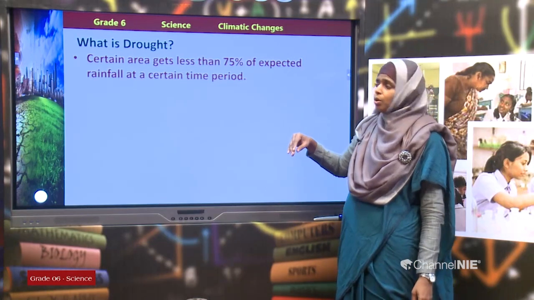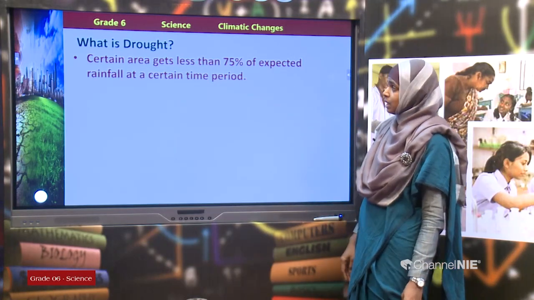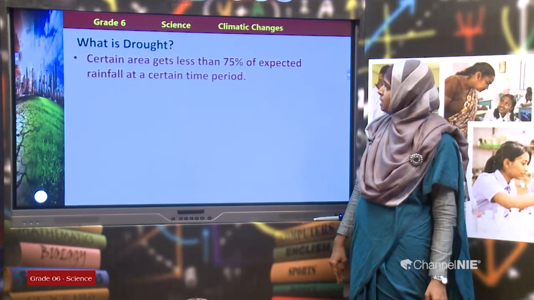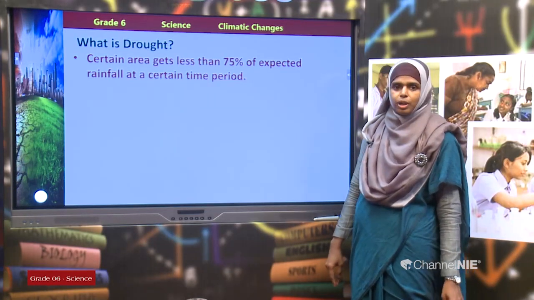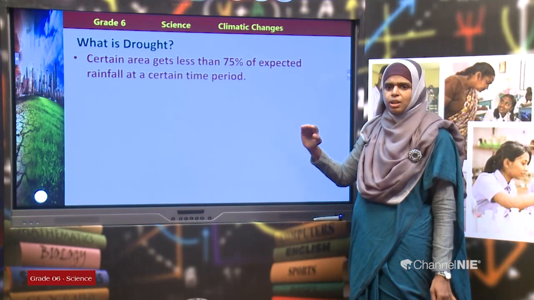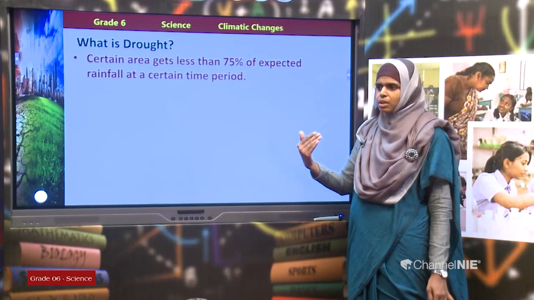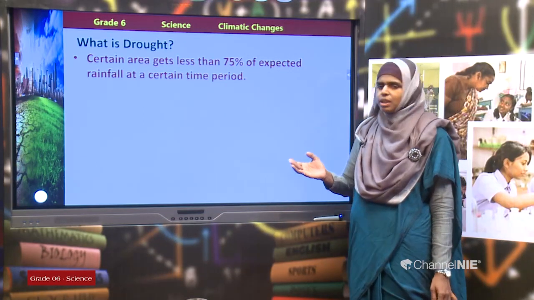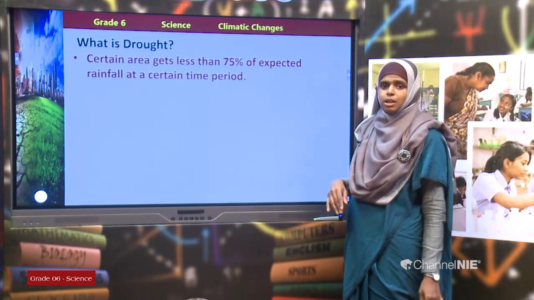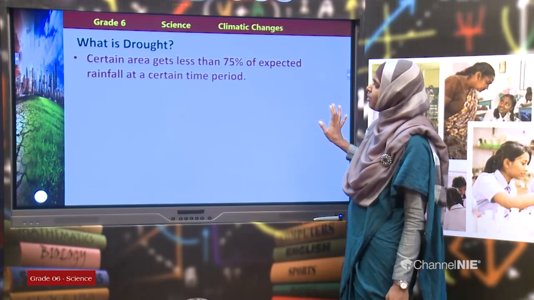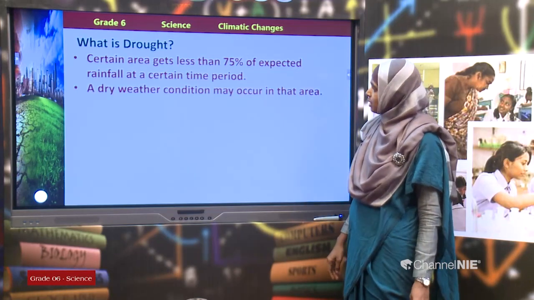We define drought as when a certain area gets less than 75% of expected rainfall. In different areas there is an expected rainfall, a normal rainfall that we would expect during different months. Whenever this rainfall changes and it is less than 75% of the expected, we call it a drought.